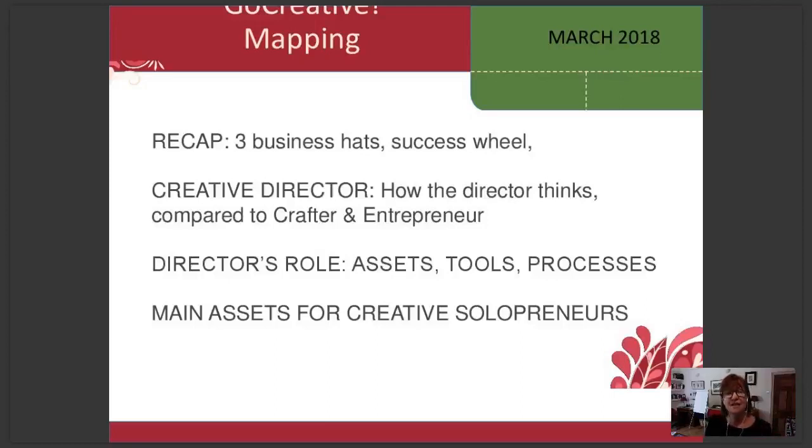And lots of us avoid this hat. So I'm going to be looking at reasons why you shouldn't avoid this hat, and also why very often we're doing that because we're thinking about it wrongly. We're not actually bringing in the full creative potential of the creative director. We think of these tasks as being boring or too managerial, too businesslike, that sort of thing.